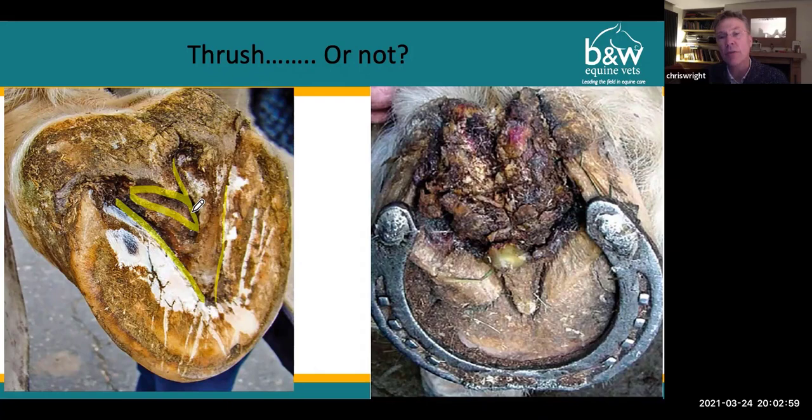And a bad thrush can look like the condition on the right, but the condition on the right is something far more sinister than thrush, and it's called canker. Now, the exact cause of canker is unclear, but certainly mild canker does look like thrush, and it's quite easy to get caught out by it. Thrush is very common. Canker, in my experience, is really quite rare. Thrush on the left is easy to treat. Canker on the right is frustrating and difficult to treat, and is definitely not a fault of management, or certainly not to my mind, it's not a management problem,